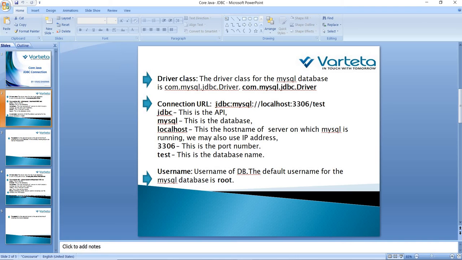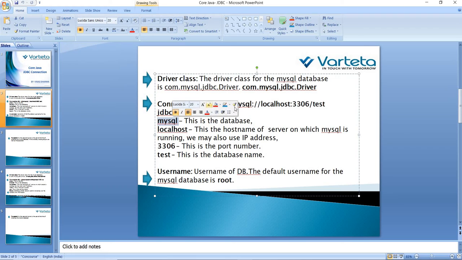First is JDBC, that is the name of the API that we are going to use in the connection URL. Second is the name of the database that we are going to use. Third is localhost. Localhost means the name of the host where the database server is running.